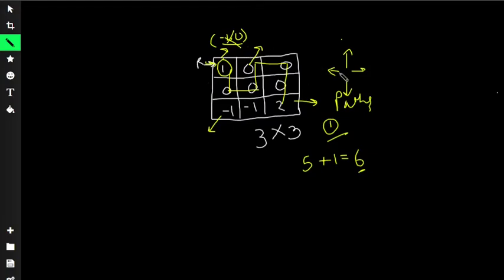Similarly, if the robot is currently over here and it tries to go towards the left, then your coordinate will be something like 0, -1, and this is also invalid. Similarly, if the robot is over here and it tries to go right, then again the robot will be out of this grid, and this is also invalid. And similarly, if the robot is over here and it tries to go down, this is also an invalid case.